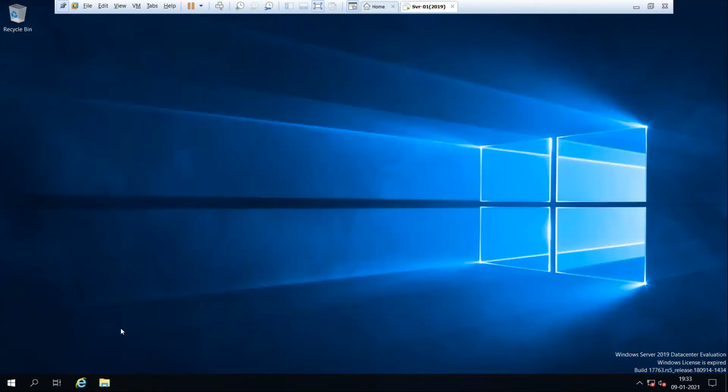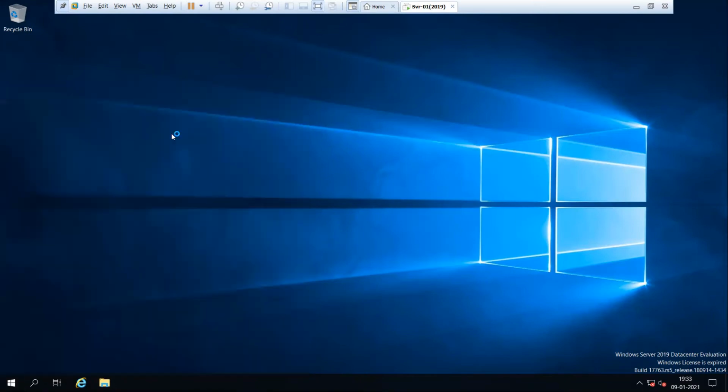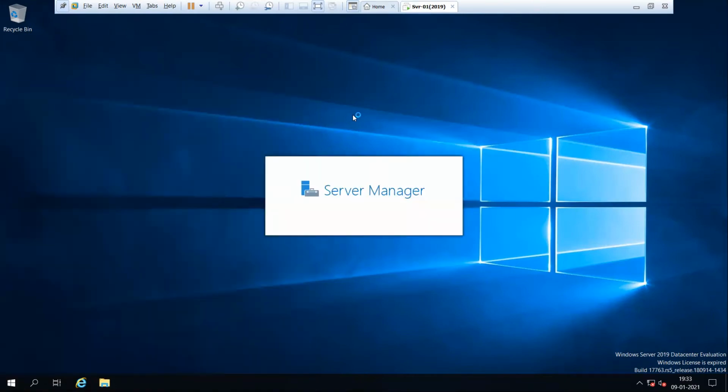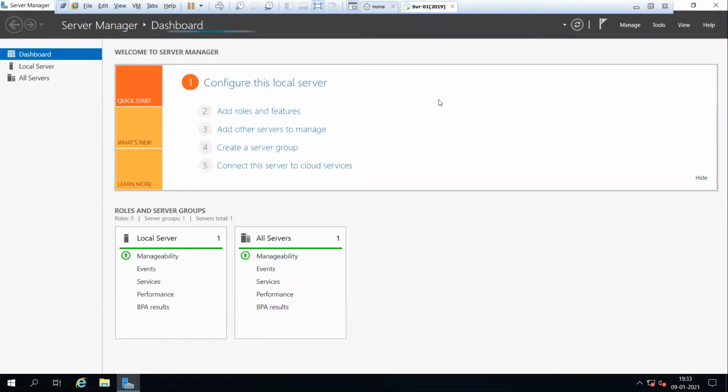So first we need to install the data deduplication feature. So I open Server Manager now, and I'm going to install the data deduplication role. It's under File and Storage Services.